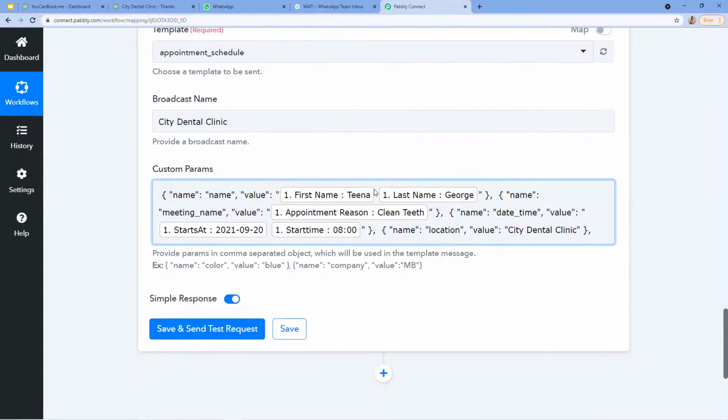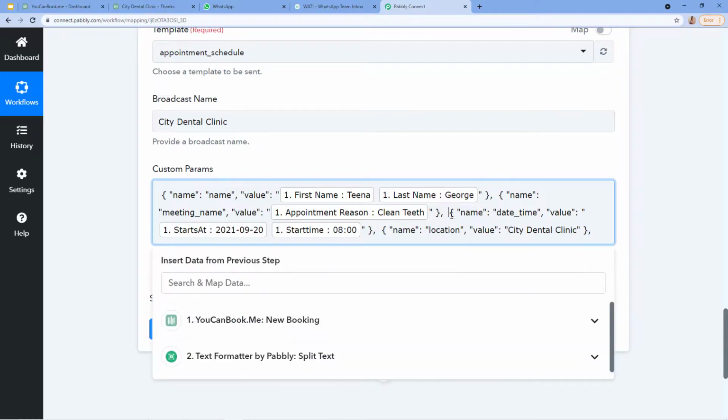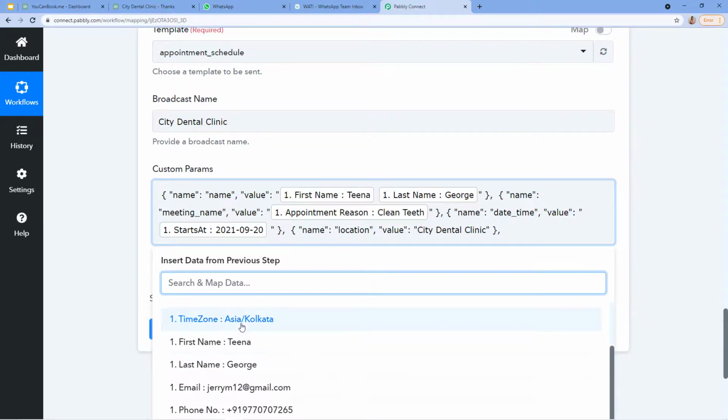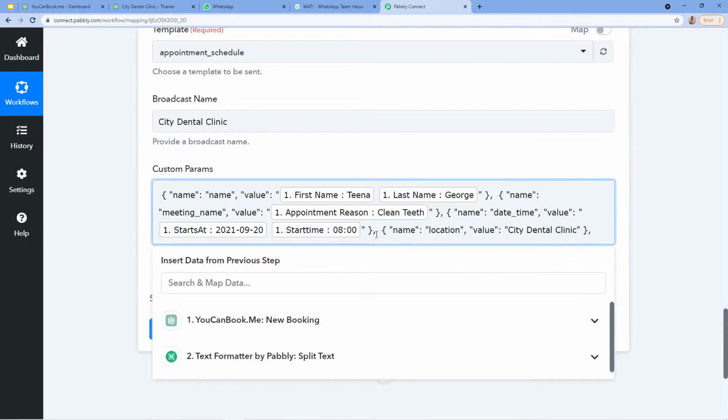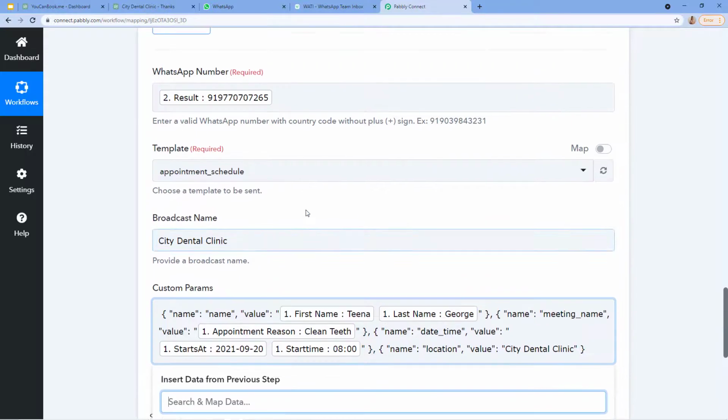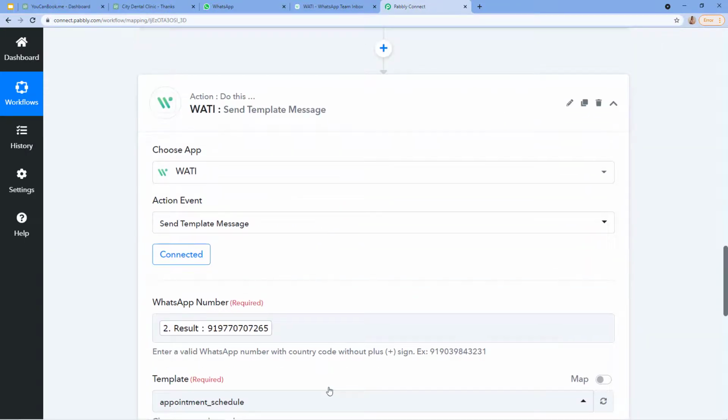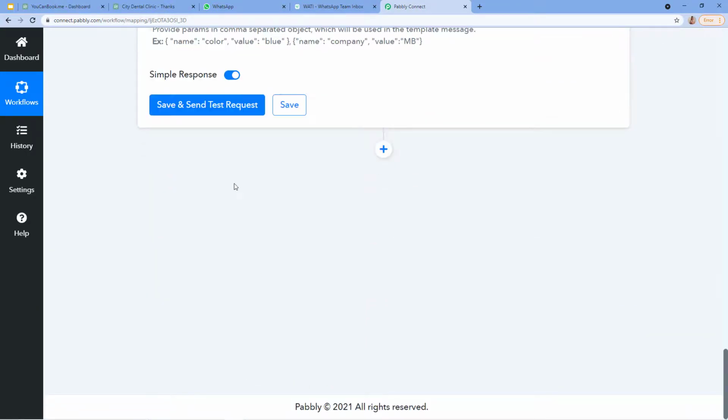So here I've carefully marked all the custom parameters. Okay. Let me just correct it a bit. The date was removed. Sorry, the time. So I just corrected it. Now here everything is ready. Perfect. Now what I'm going to do next is click on save and send test